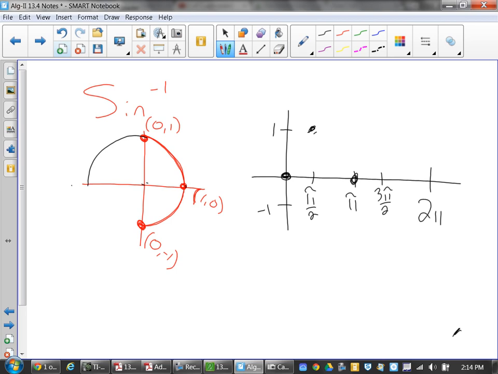Because the ordered pair is at -1 and 0. When it gets back down to 3 pi over 2, it goes to -1. When it gets back to 2 pi, it goes to 0. So what's occurring here is you get the